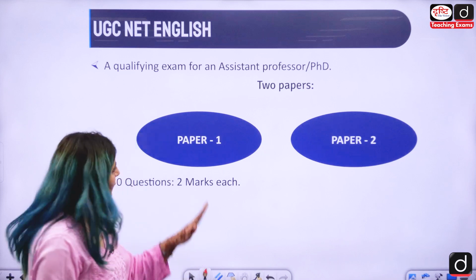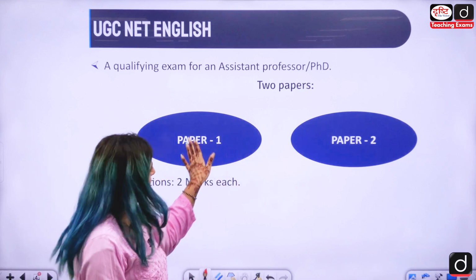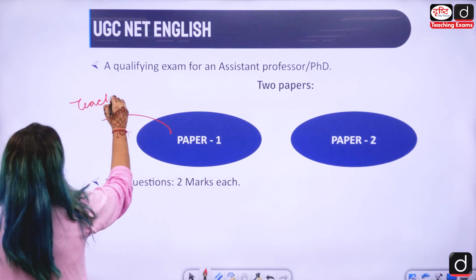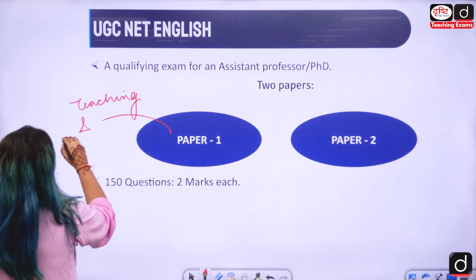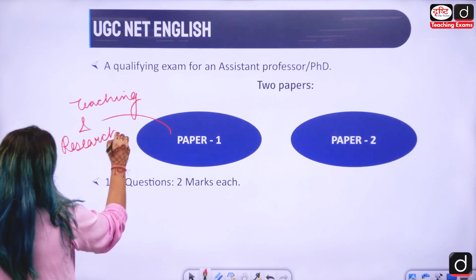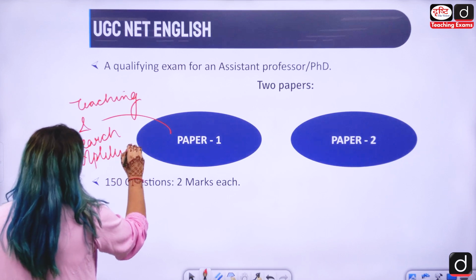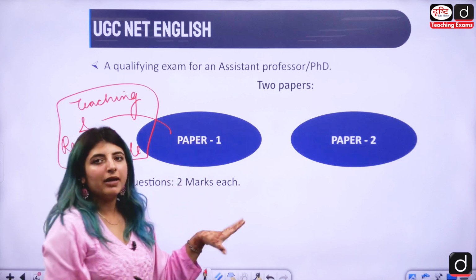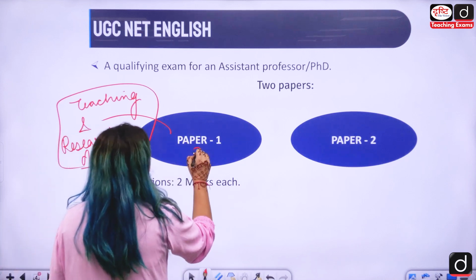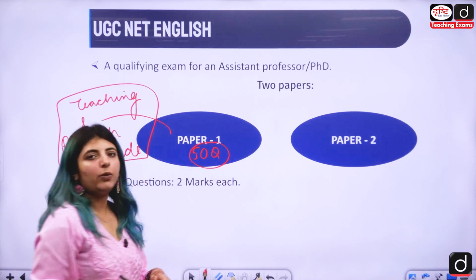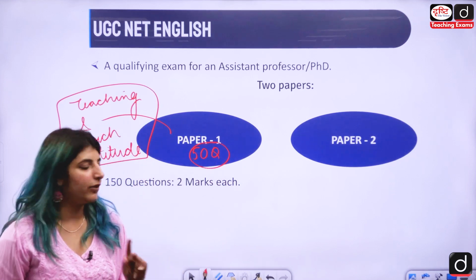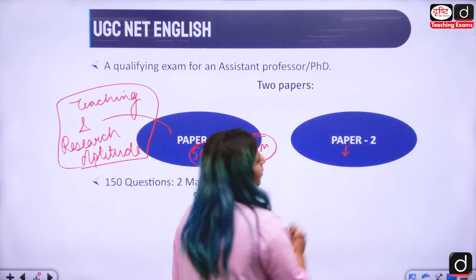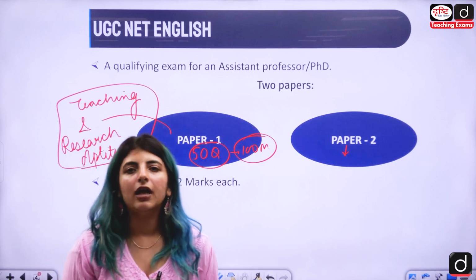So the paper pattern is, the paper is divided into two parts. Paper 1, which is generally known as teaching and research aptitude. Paper 1 has 10 units in its entirety, right? So in paper 1, how many questions are there? We have 50 questions. Each question carries 2 marks. So we have 100 marks for this, and paper 2, which is your subject specific area, the subject in which